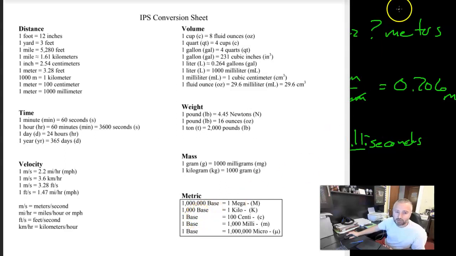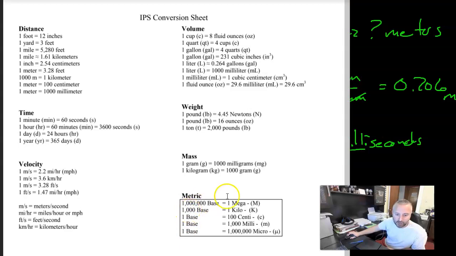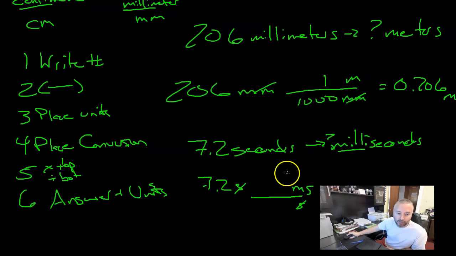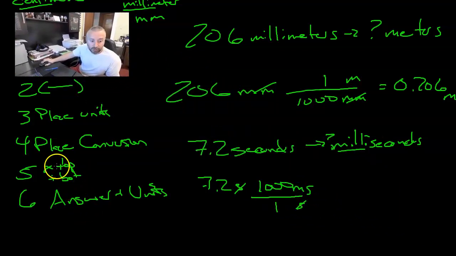Now, what does that mean? It just means what is the base word? In this case, the base word is seconds. So when it's by itself, that's its base. So we go, okay, milliseconds, the 1,000 goes with the milli, and the base gets the 1. So first look for the milli. Okay, milli is right here, so the 1,000 goes there, and the base gets 1. Now, we placed our conversion, so multiply top, divide bottom, and you're going to end up with